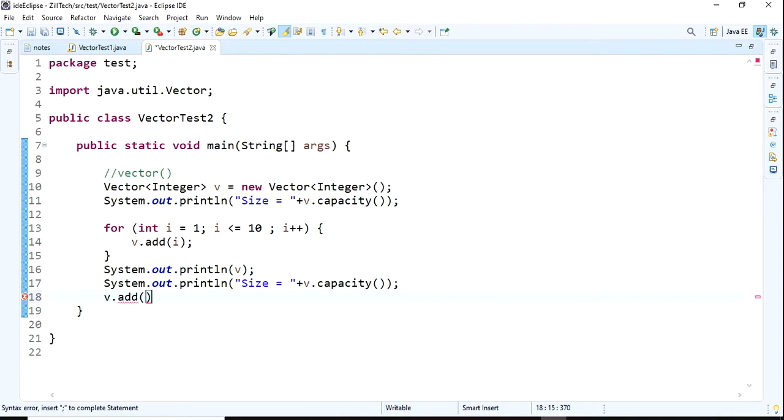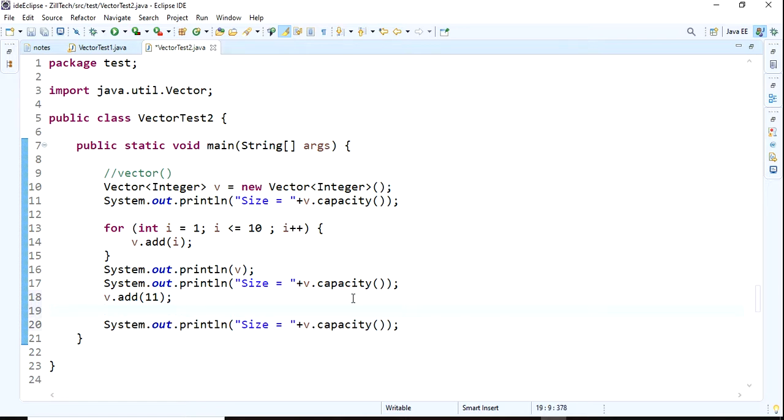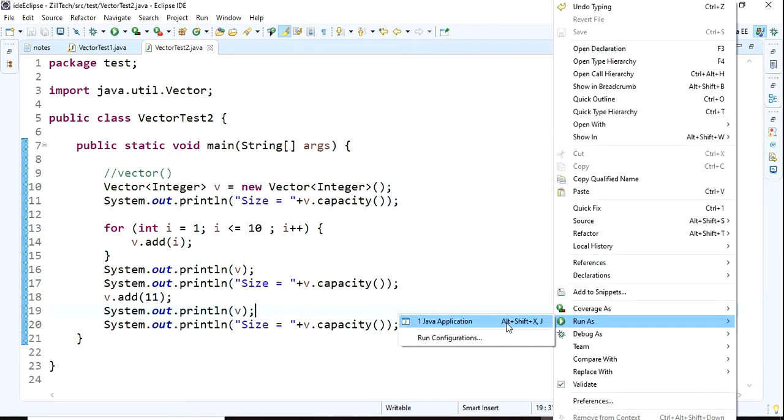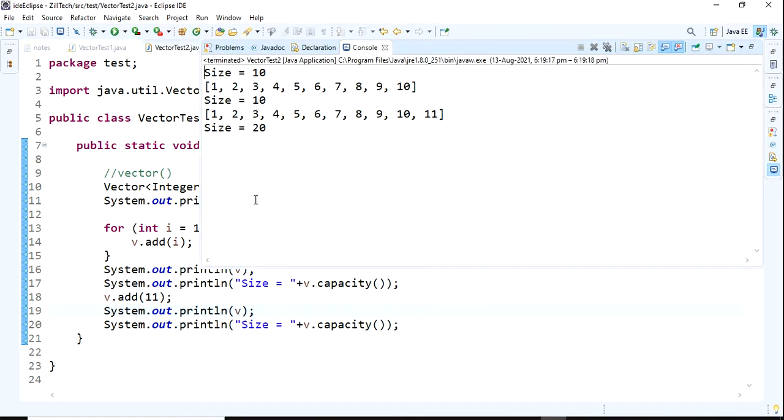Now I want to add 11. I'm adding one more element, and then I want to print the elements as well as the size. It is going to be double.